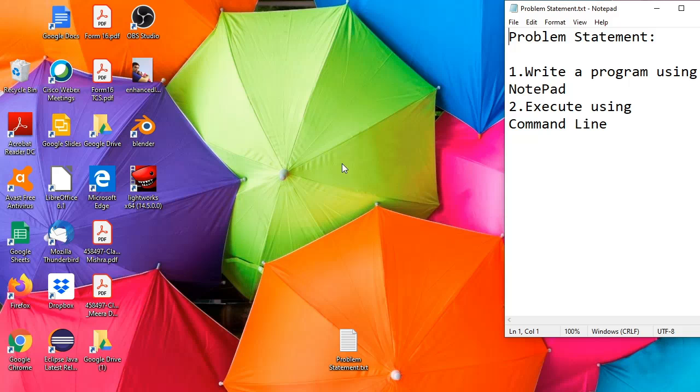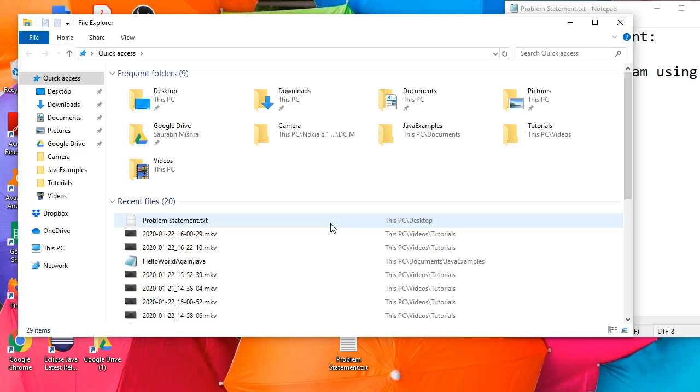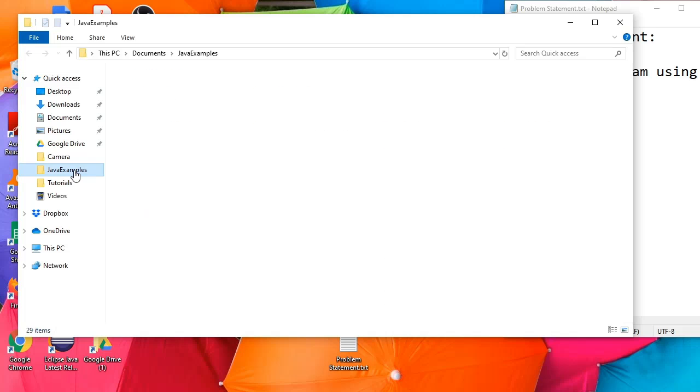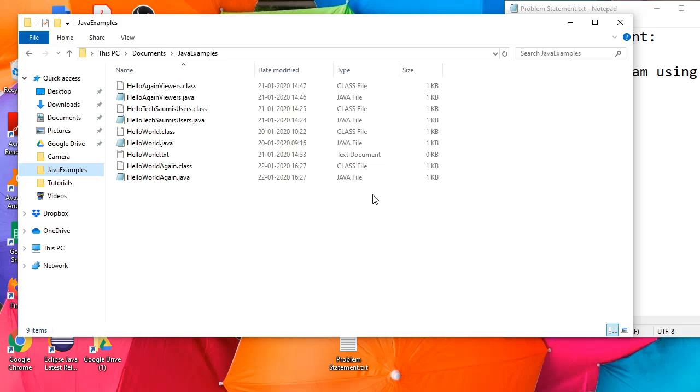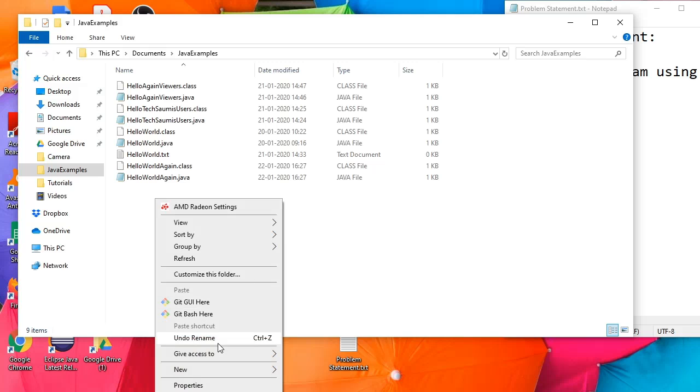What we need to do is go into the folder where we want to write that program. In my case, I have created a directory called Java examples in my documents folder. You can put it wherever you feel like. As you can see, I've put quite a few programs already there, and we are going to create another one for you. There are two ways of doing it, but what we are going to do is